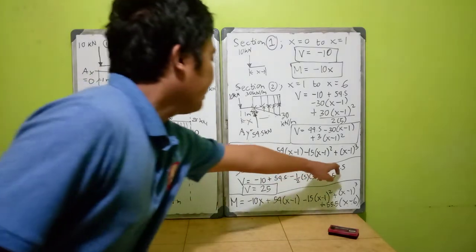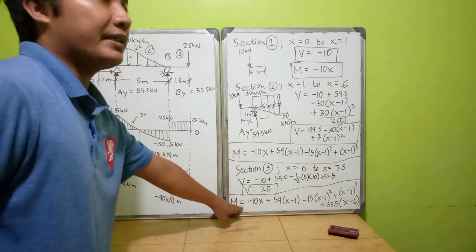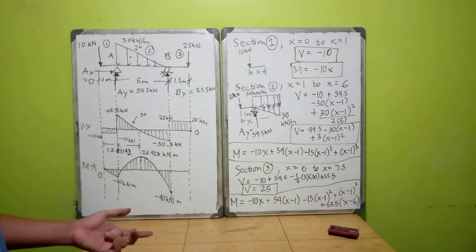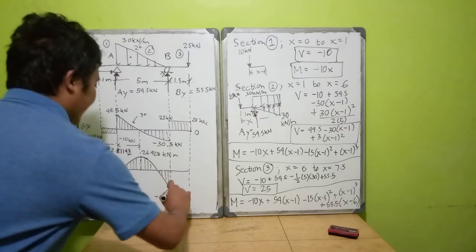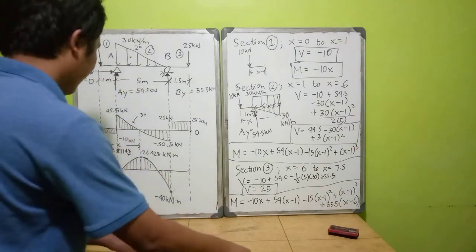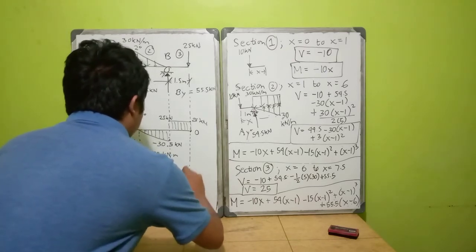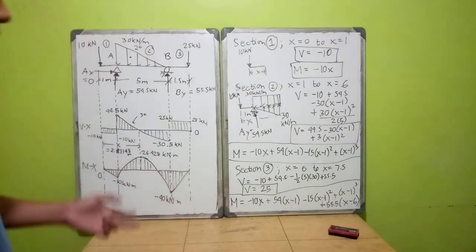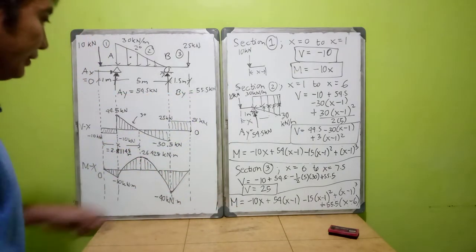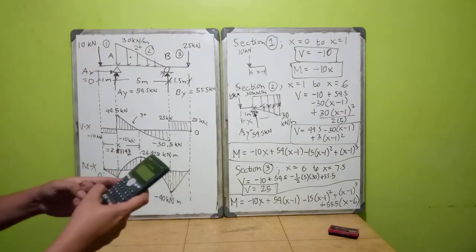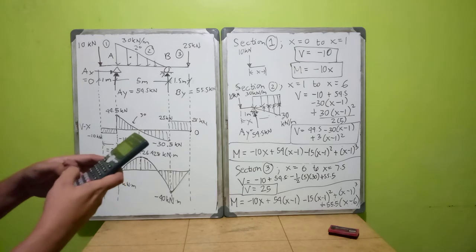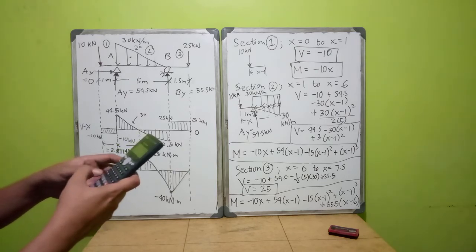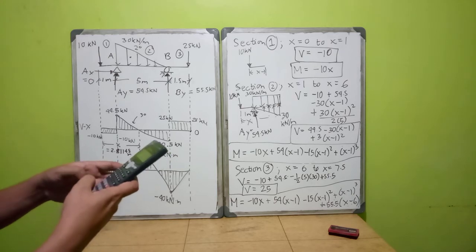So what if x is equal to 7.5? We use this moment equation for section 3. Since this is a 0-degree curve, it should end up like this. But we need to be sure that this will equate to 0. I guess this is exact, so it should be 0 exactly. So negative 10 times 7.5 plus 54 minus 1 minus 15 squared, plus